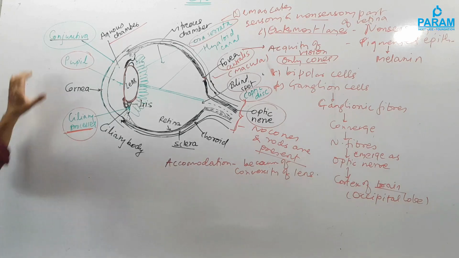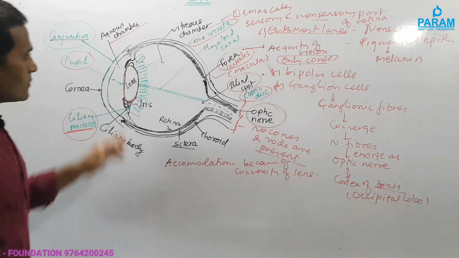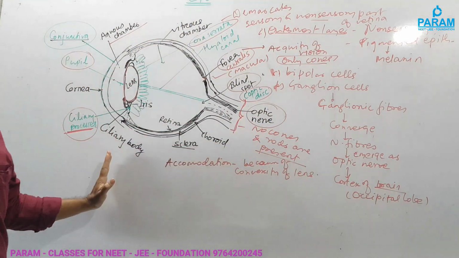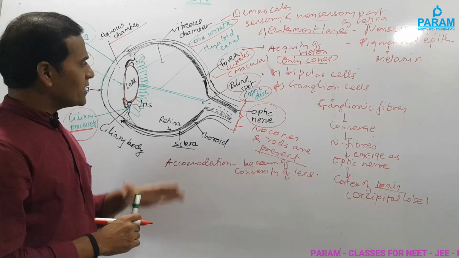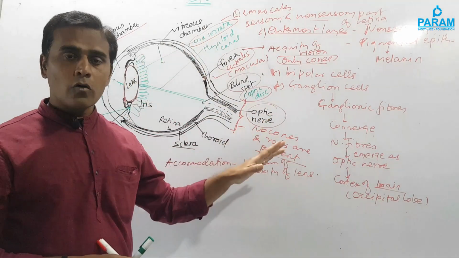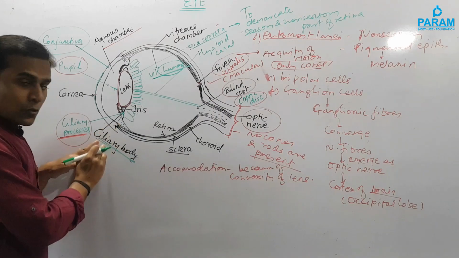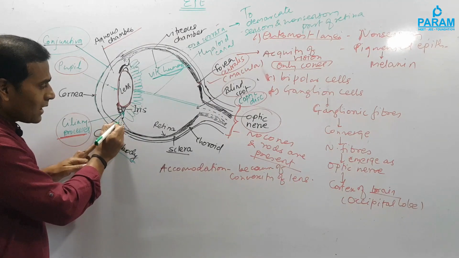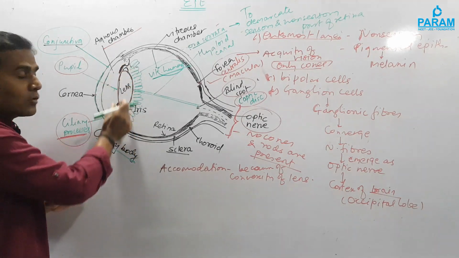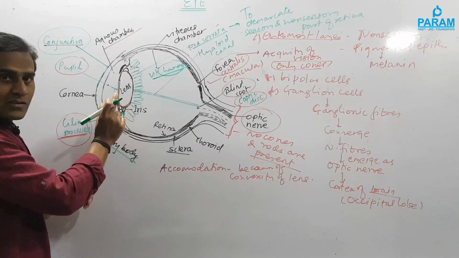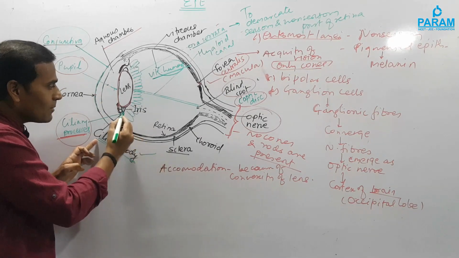Well, so we have dealt with the different parts of your eye. So this is about the structure of eye, how it is made of, and various functions performed by different types of cells. Now, muscles of the ciliary body and suspensory ligament, the action of these two is responsible for changing the focal length of this lens.